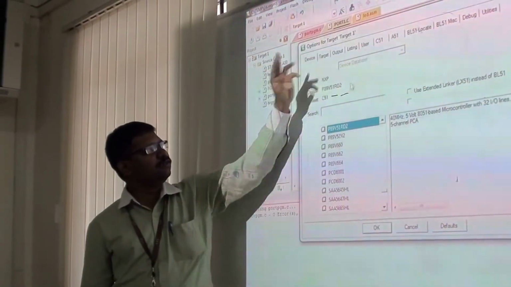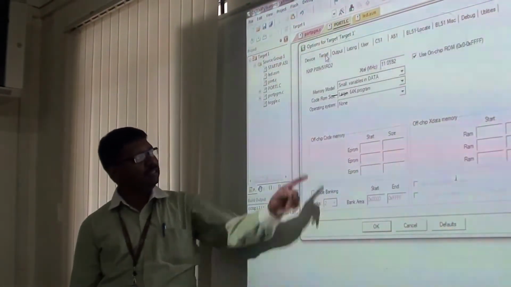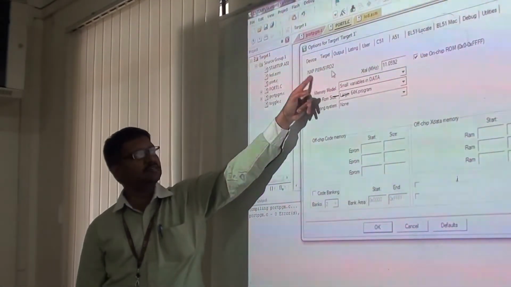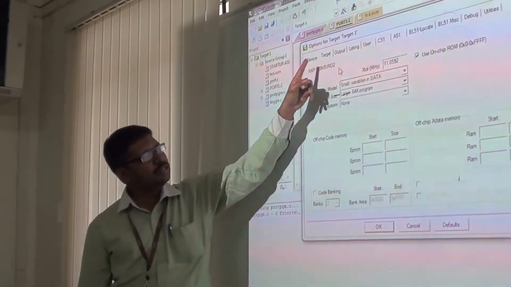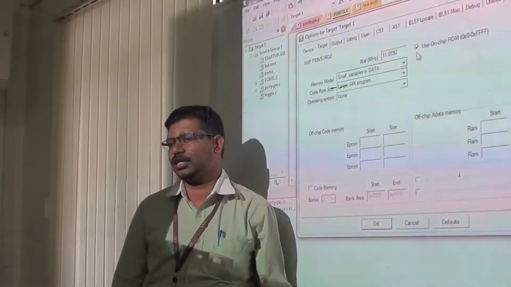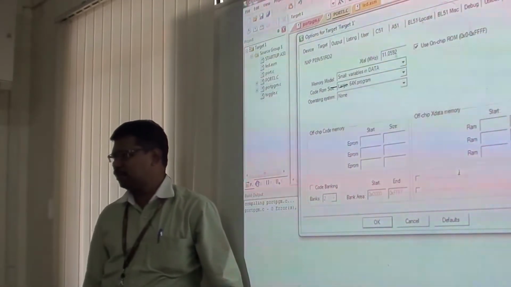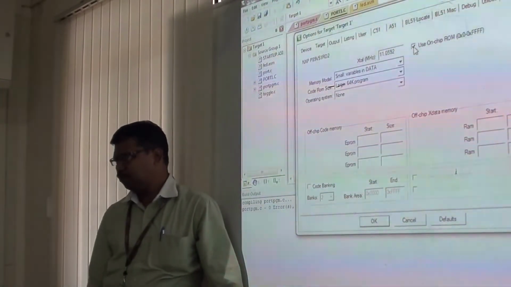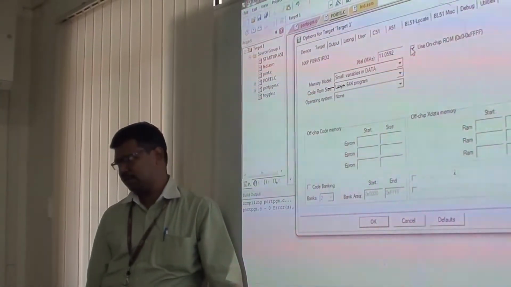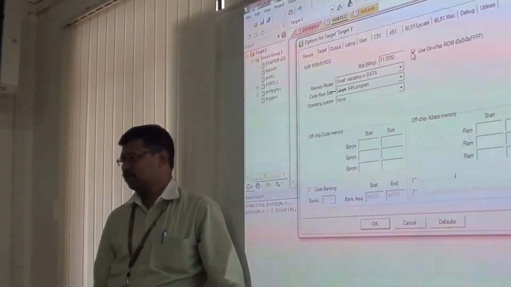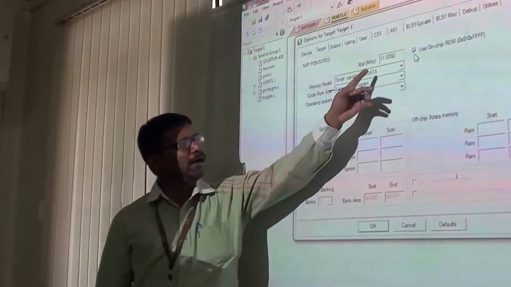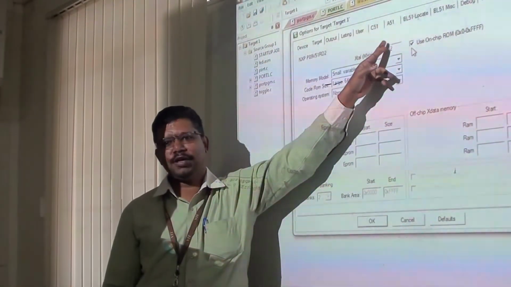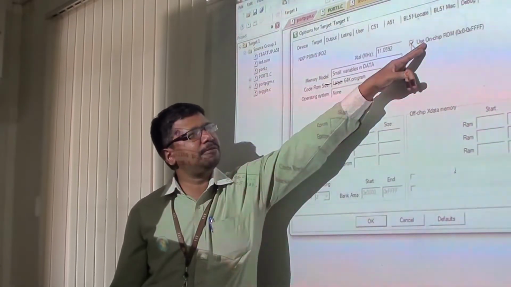Okay, after that next one is target. So in this target you can see the vendor name NXP, the IC from the vendor. So that's why I asked to do all these things. Okay, after that you will be having the crystal oscillator frequency as 40 megahertz. Note down 40 megahertz will be the maximum frequency which would have been given. Okay, but as for your textbook, we are going to follow 11.0592 megahertz, or we can follow 12 megahertz. Okay, so you can provide here 11.0592 as for your textbook calculation. Okay, 11.0592, and then this will be disabled.